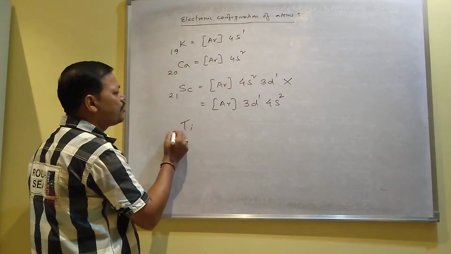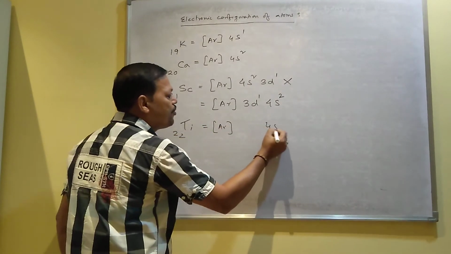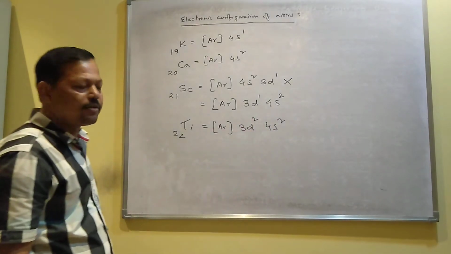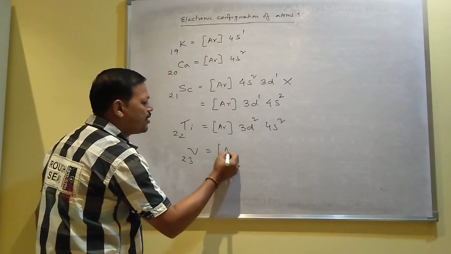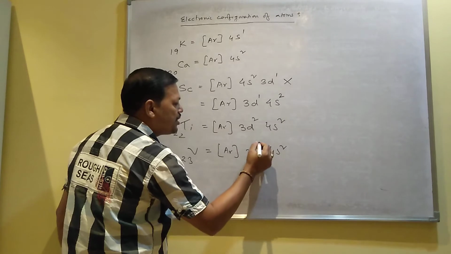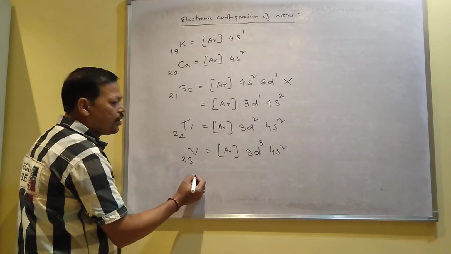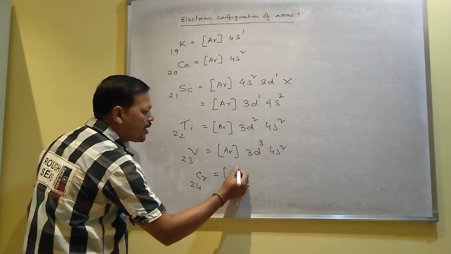Similarly, titanium 22: argon, then you enter 2 electrons in 4s, then 2 electrons in 3d. Then vanadium 23: argon, 4s2, then you enter in 3d, 3d3. Chromium 24: argon,